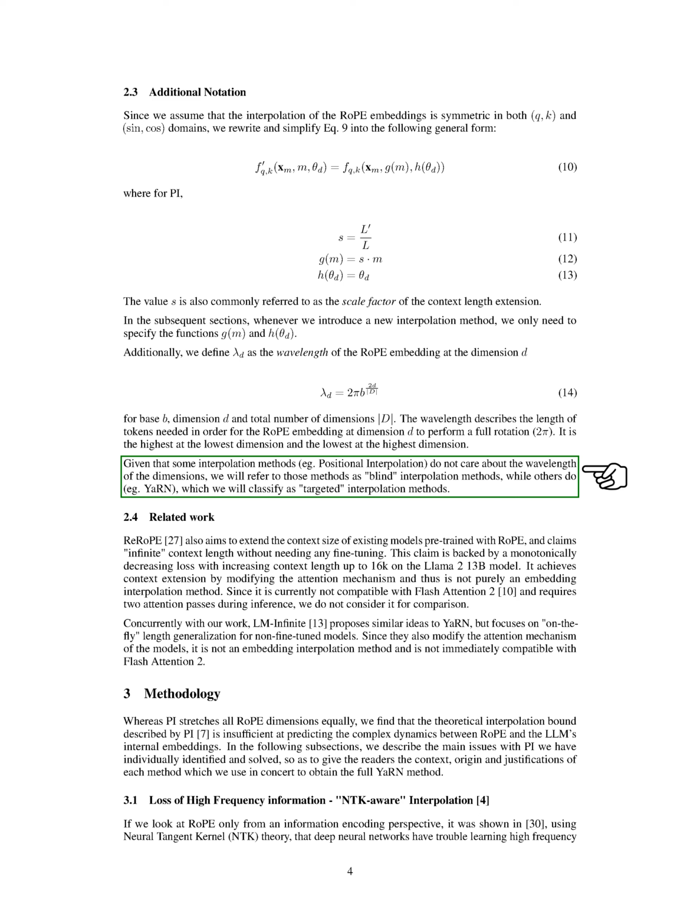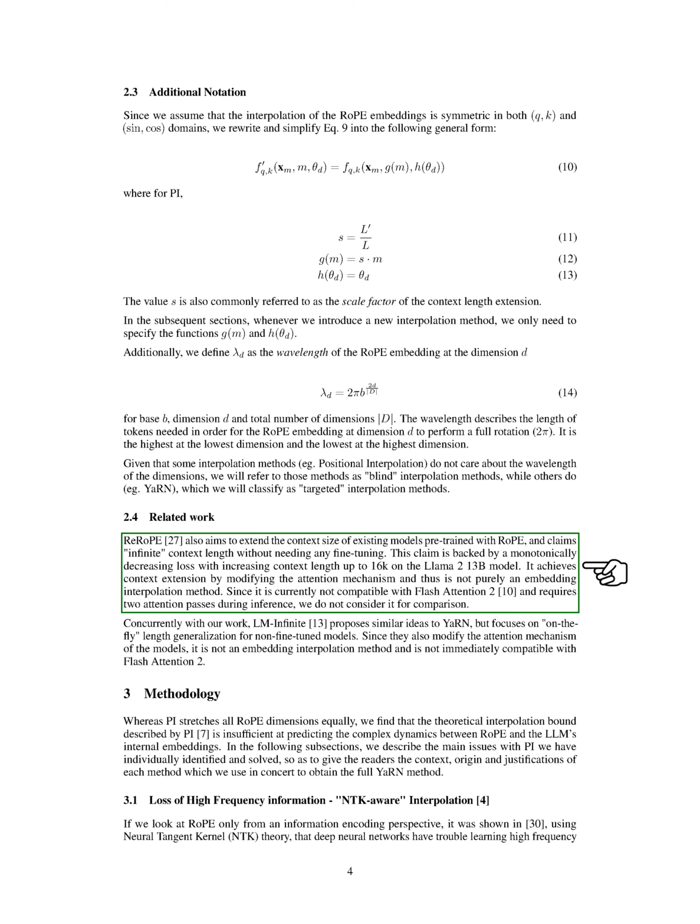Section summary. The authors propose a method called positional interpolation, PI, to extend the context length of language models beyond the pre-trained limit. By interpolating the position indices within the pre-trained limit and fine-tuning the model, they successfully achieve context window extension. They also introduce the concept of scale factor, S, as the ratio between the new context window, L', and the pre-trained limit, L, and define wavelength, lambda_d, as the length of tokens needed for a RoPE embedding dimension to perform a full rotation. Section 2.4 Related work. Our work builds upon the existing models that have been pre-trained with RoPE, with the goal of extending their context size.